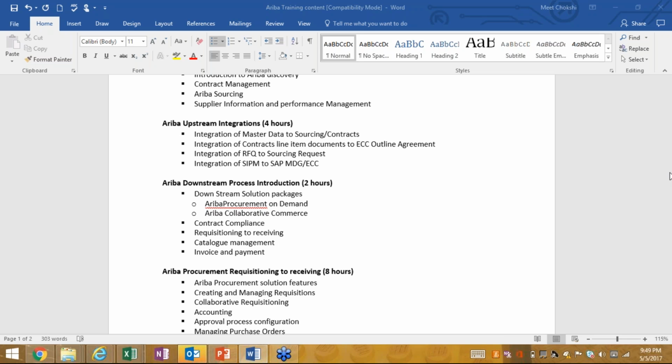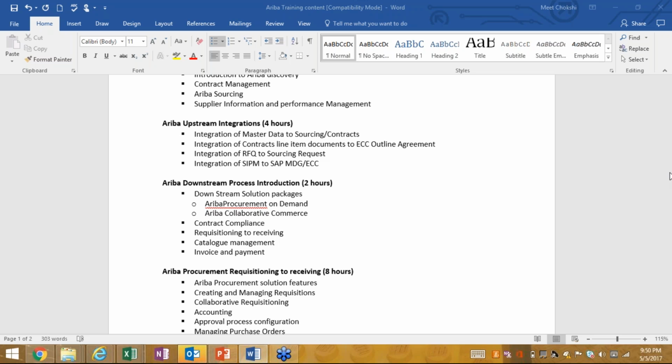I had one question regarding certification. Correct me if I'm wrong, we've got about four areas in Ariba. One is procure to pay, one is contract management, and one is spend analysis, and I don't know what else. To be precise, we have sourcing, contracts, integration, and then P2P.